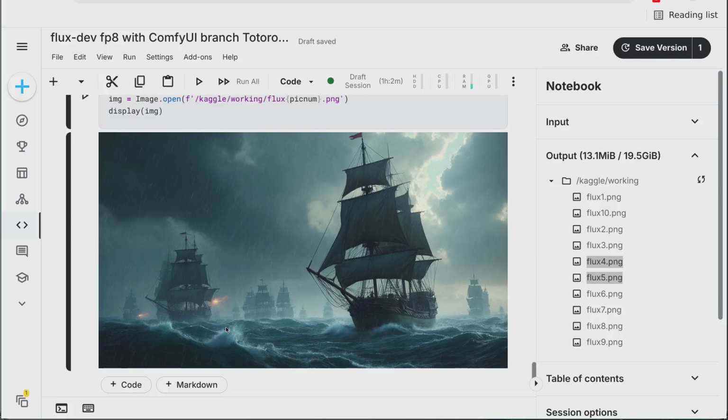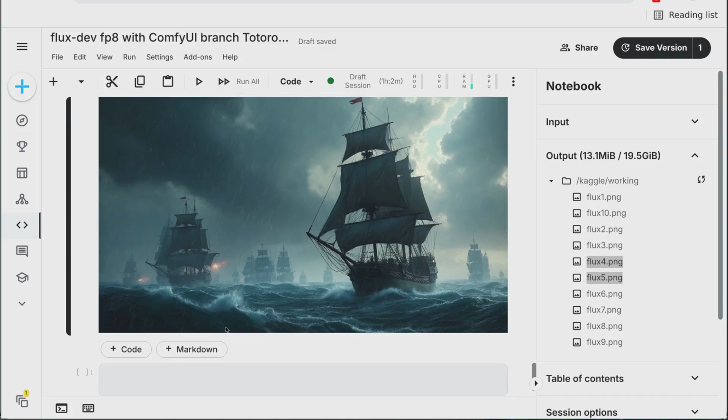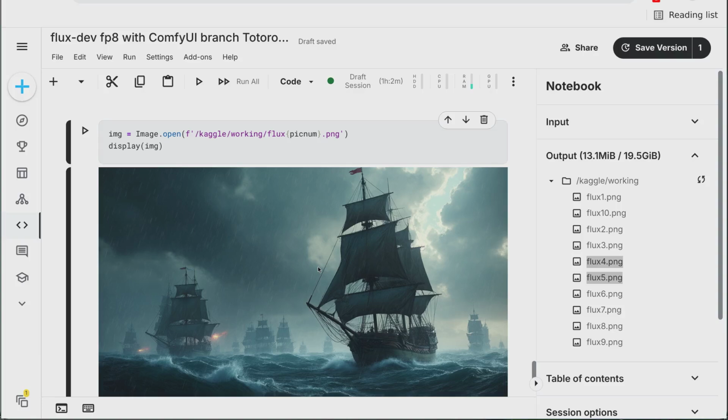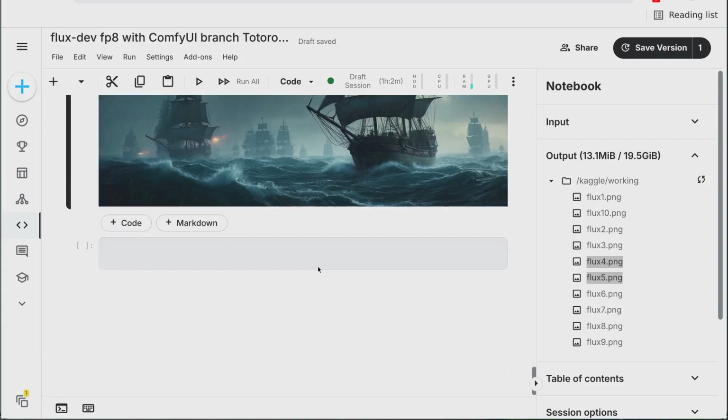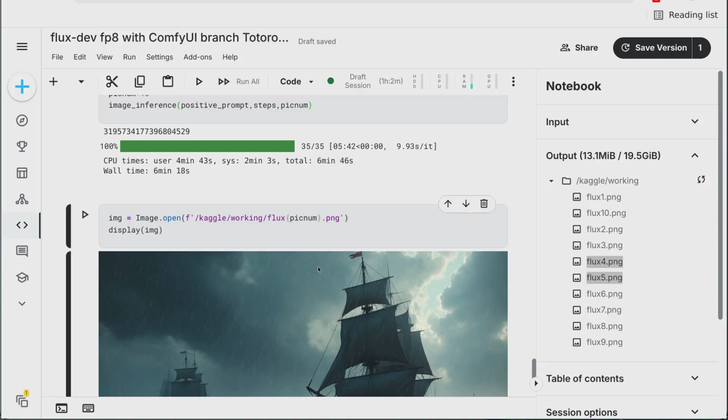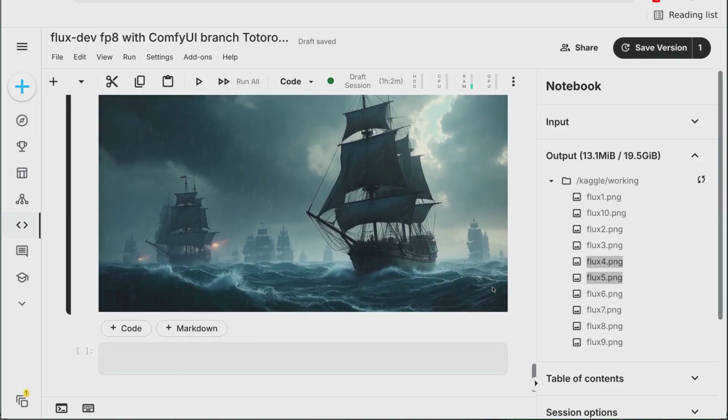You could upscale this and put it on your wall, and it would look interesting. I think I might try and get the sails to have some patterns on them or something like that. But yeah, I think that was alright. A nice bit of upscale could help that as well. So here we have our images. The last thing we can do is just